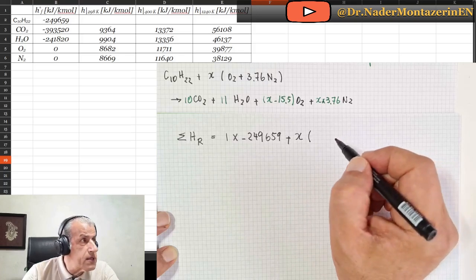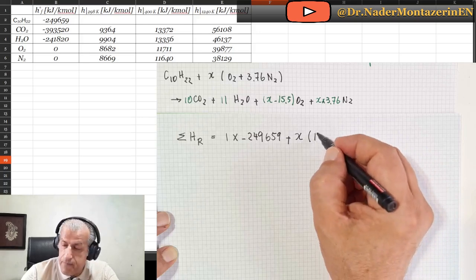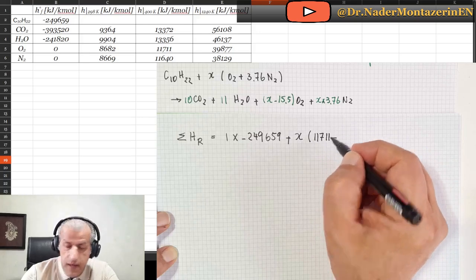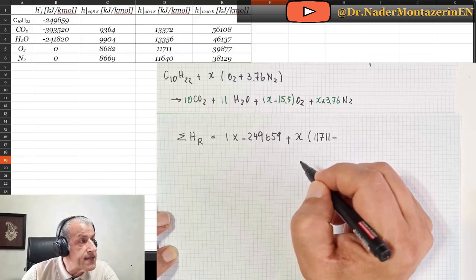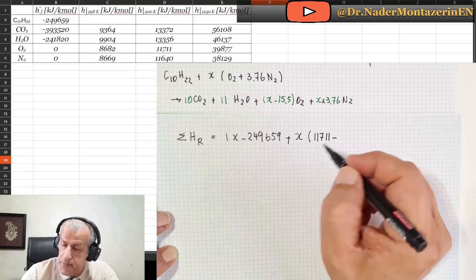At 400, the enthalpy of O2 is 11,711, and minus its enthalpy at 298, which is 8682,